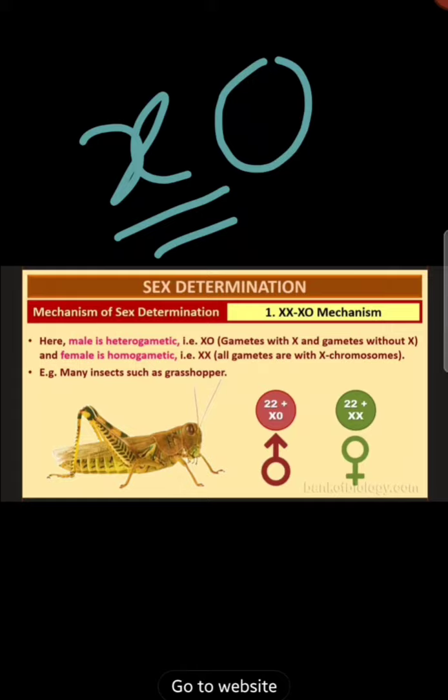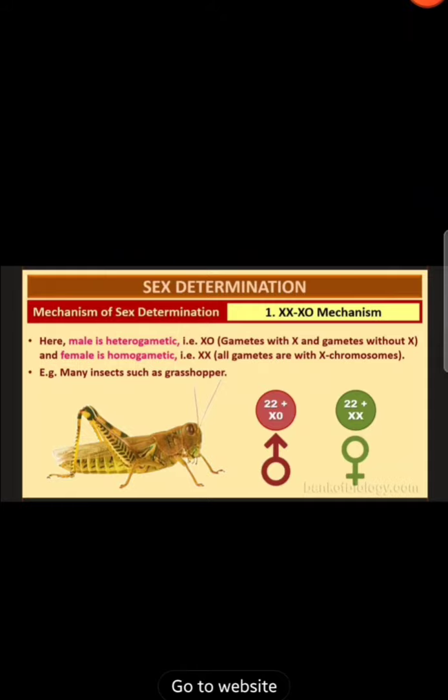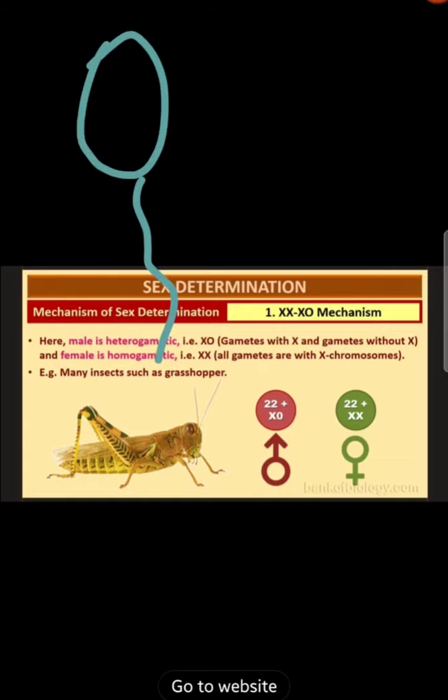So another, the males are not having anything, so we can call it as X0. Okay, so while formation of the spermatogenesis, that is the reason only 50% of the sperms will get this X,